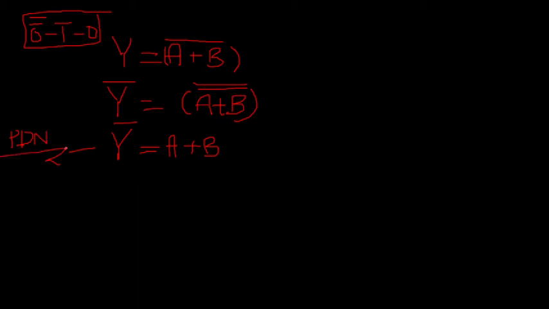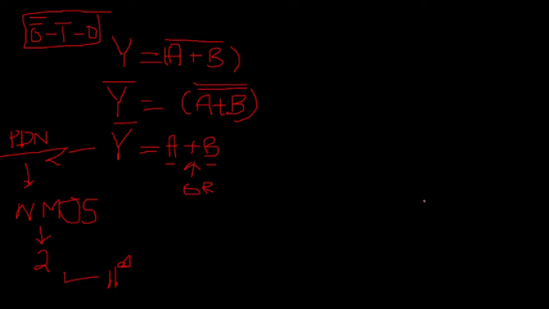So for pull down network, which type of transistor you are supposed to use? You are supposed to use NMOS. Now how many NMOS should be there? It depends upon the number of inputs. You have A and B inputs, that means you will be needing 2 NMOS transistors. Now in which way these transistors will be connected? It depends upon the sign. Sign plus means OR and OR means parallel. So that means your 2 NMOS should be connected in parallel. See, if you go step by step how easily you can do it.